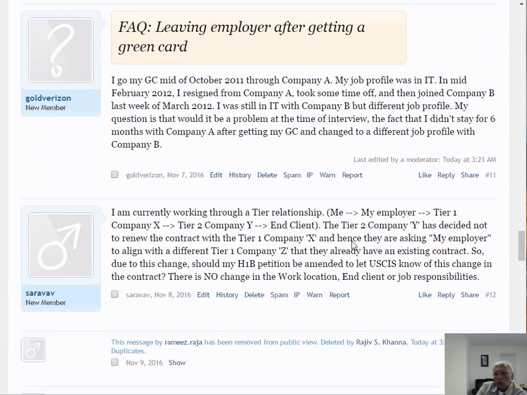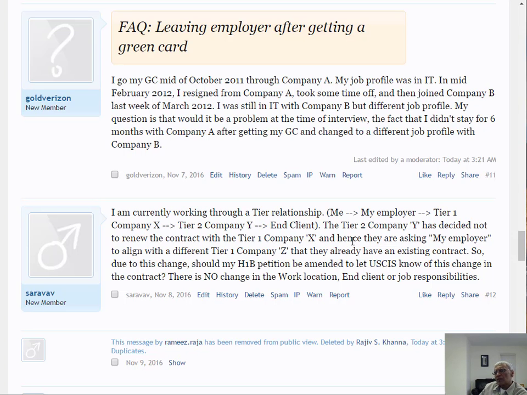Okay. This is another very important frequently asked question that comes up quite often. So I've got my green card through employment and I left the company, let's say the next day or the next month or 6 months from when I got the green card. Is it going to be a problem when I apply for my naturalization? Is USCIS going to say that, well, it doesn't look like you wanted to join the job on a permanent basis? So the answer is probably not. It's probably not going to be a problem.